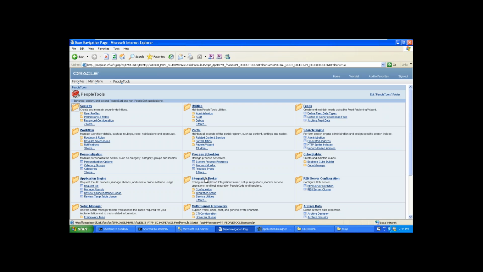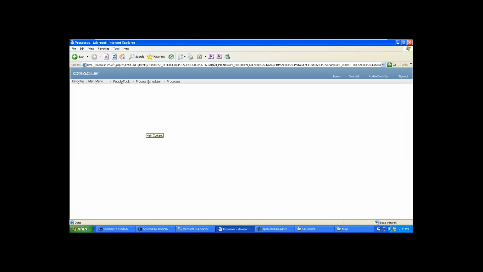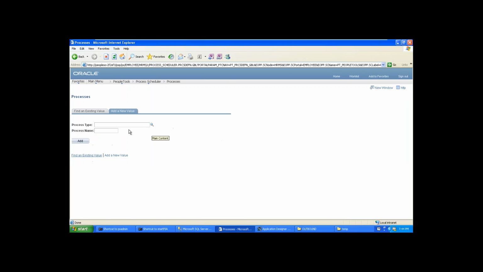PeopleTools, Process Scheduler, Processes. Define each specific run request by identifying a variety of variables. Here in the Processes tab, go to Add a New Value. What is the process type you are adding? You are adding process type Application Engine.